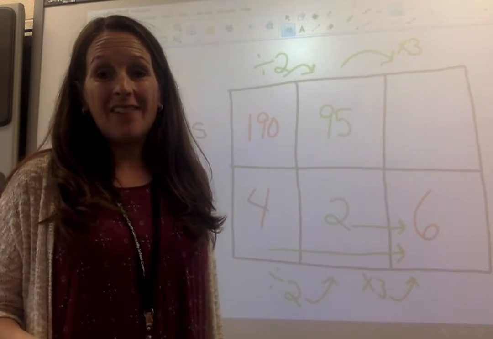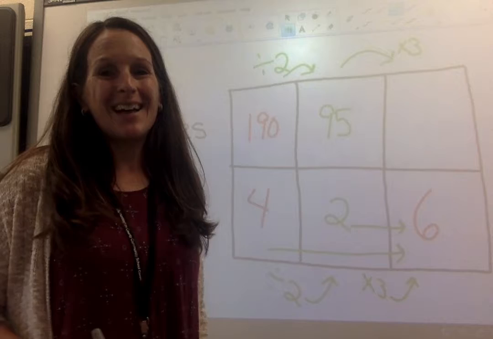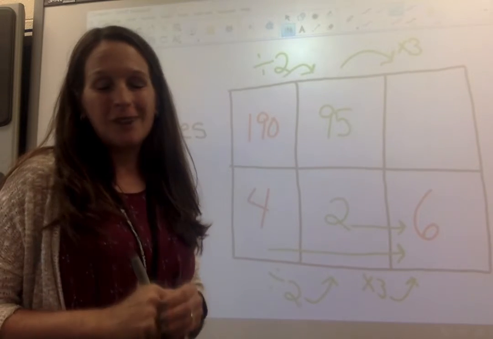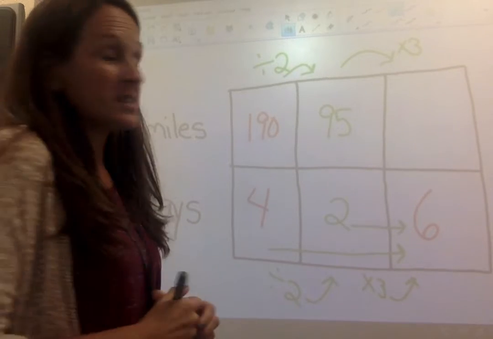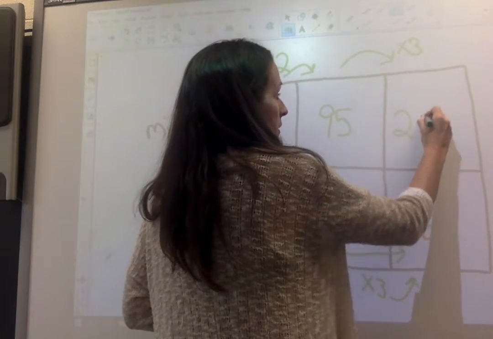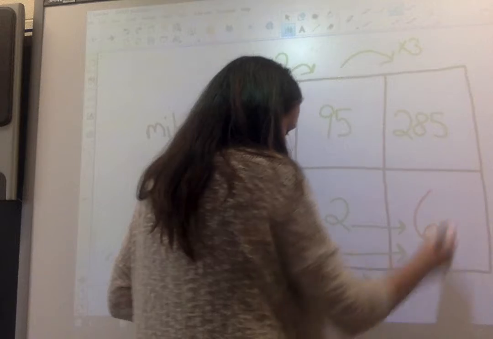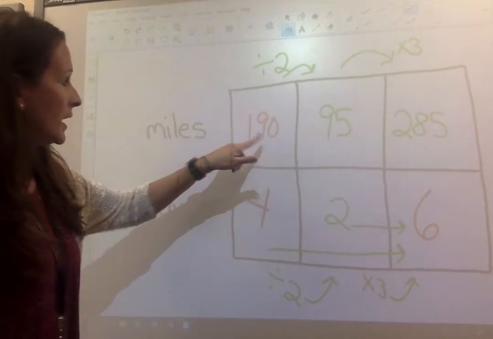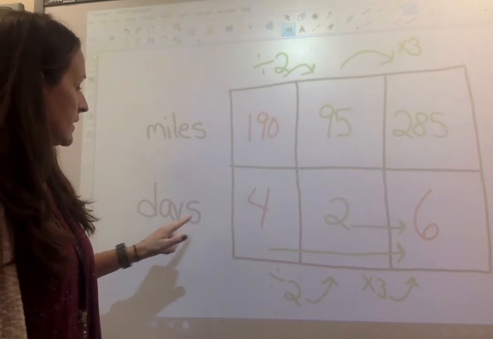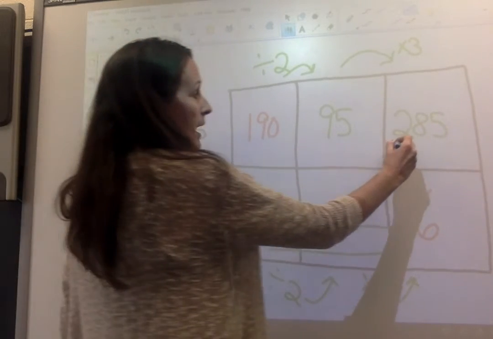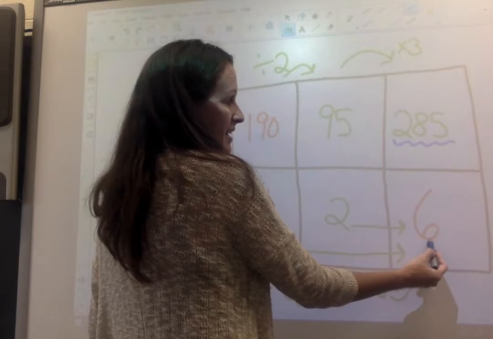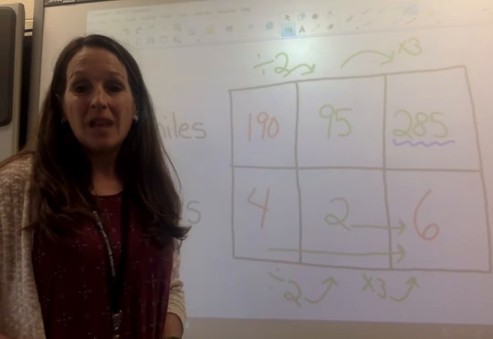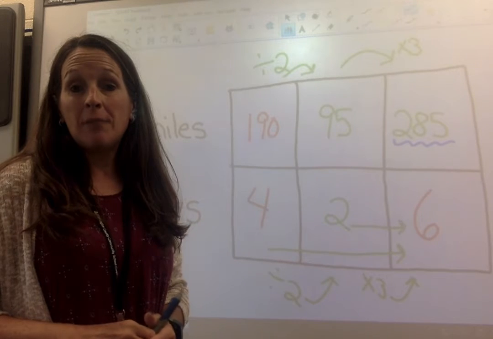What is 95 multiplied by 3? You can use a calculator. I'll do the math for you just because we're on a video. 95 times 3 is 285. So when the problem asks, it says he went 190 miles in 4 days. How many miles did he go in 6 days? The answer is 285. I will also put color-coded math notes